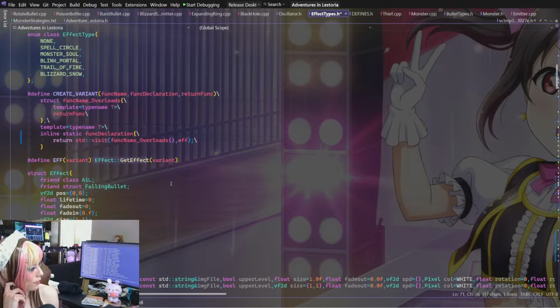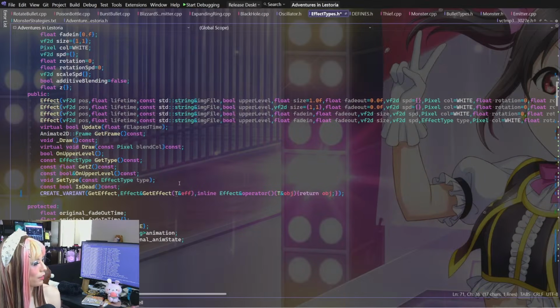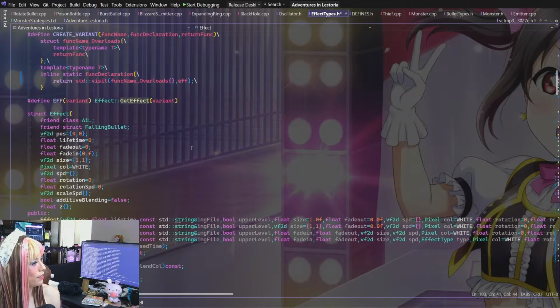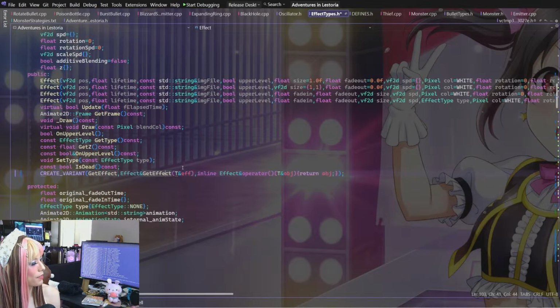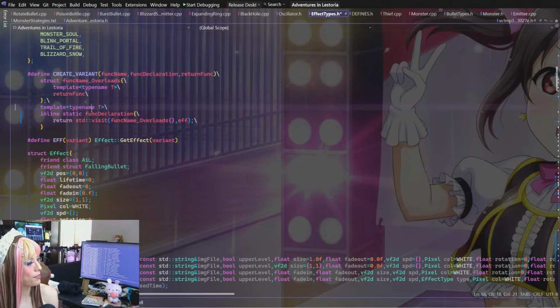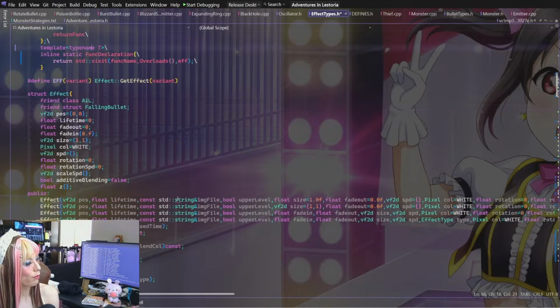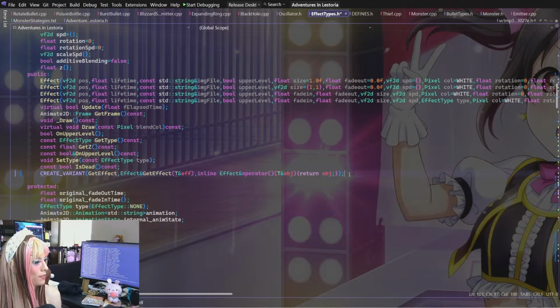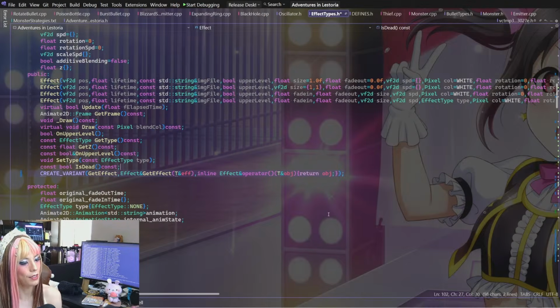I guess my thing is get effect. Get effect should be a templated function because I specified it is statically. Something's amiss here. Something's not quite right. So does this mean get effect should be somewhere else after everything's defined?